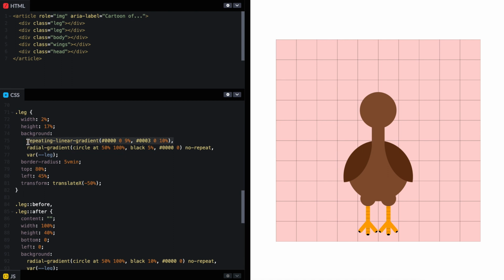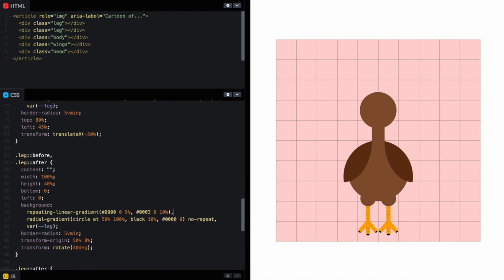And we're going to apply the same to the before and after. But the before and after, you see it's a little bit smaller. So what we can do is for the before and after, we can say 19 to 20. Okay, and maybe 18 actually. So the width is more or less the same. So there we have the legs, the turkey legs